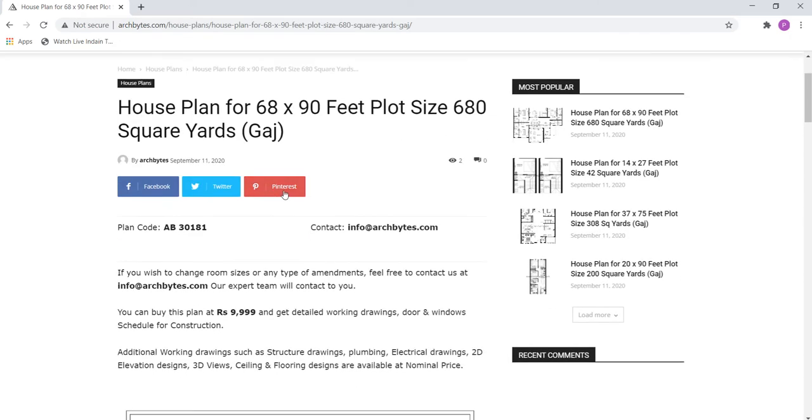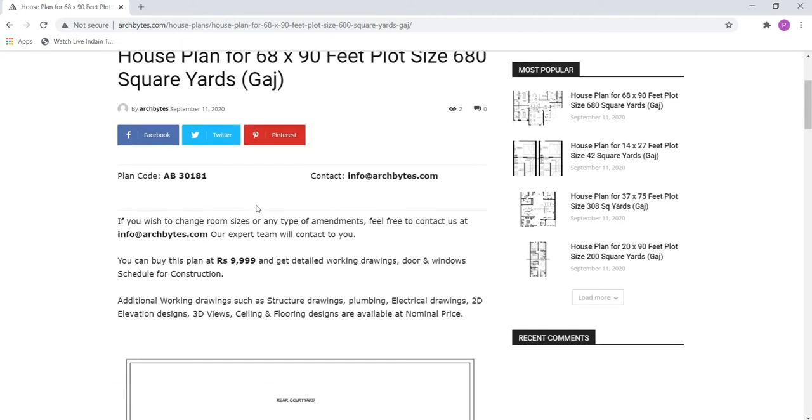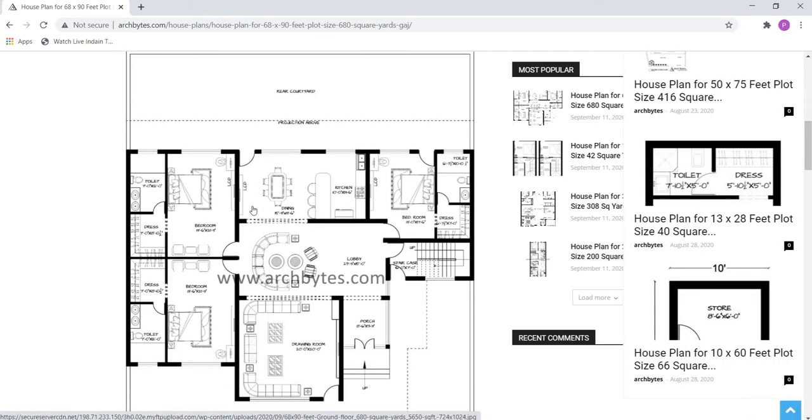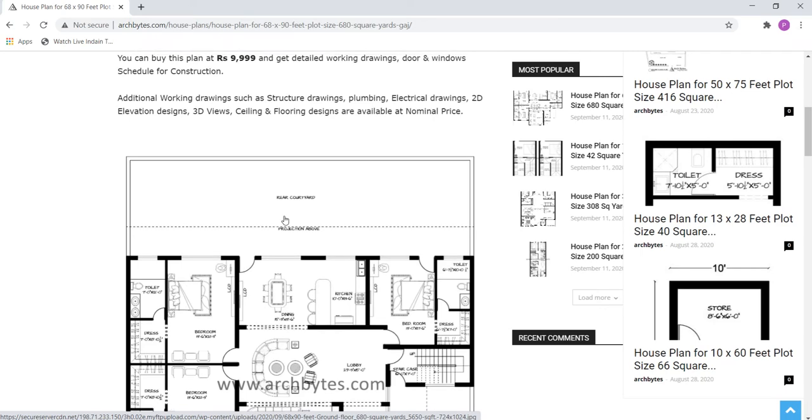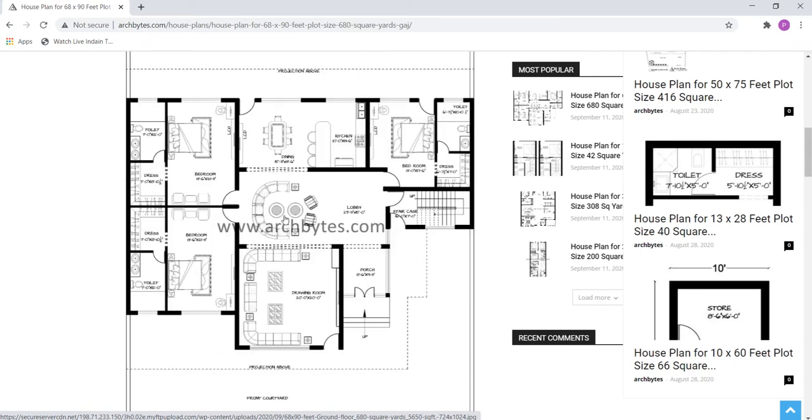Whatever the specification or dimension of plot area you want, you can get it from there. If you are not getting the desirable plot area which you want, no need to worry, you can just go for practicing purposes. You can get a lot of plans here. You will definitely get an idea regarding AutoCAD plans of a building. In AutoCAD, the most important thing is the plan of a building, compared to the elevation as well as the section of a building. These two are also important, but the main thing is the plan of a building.